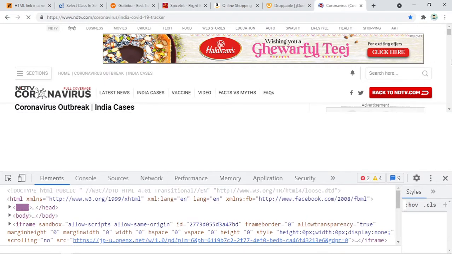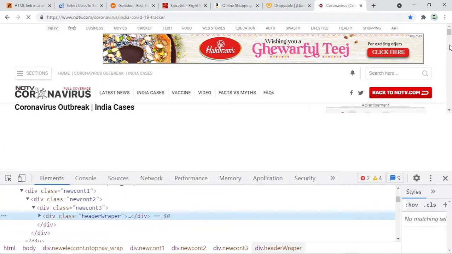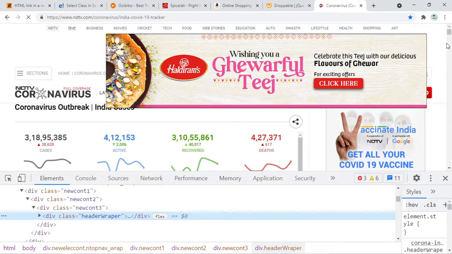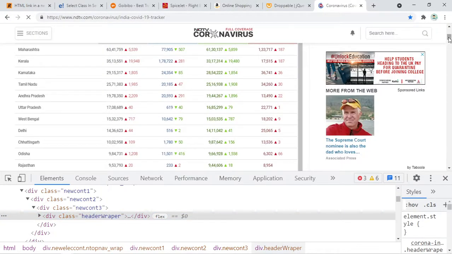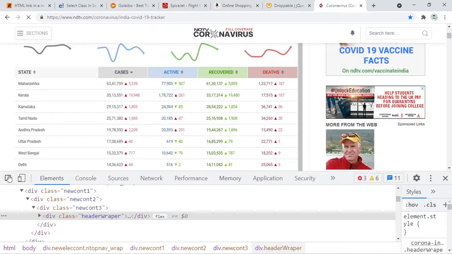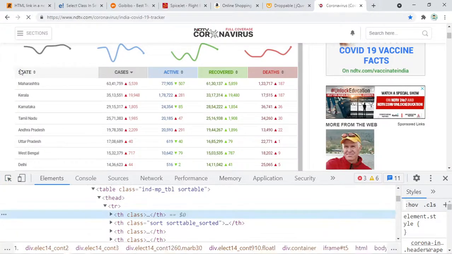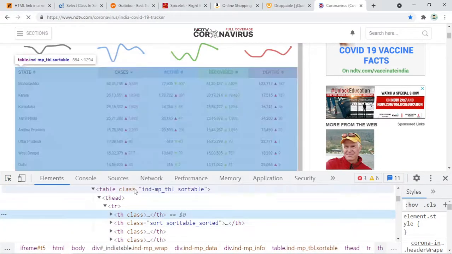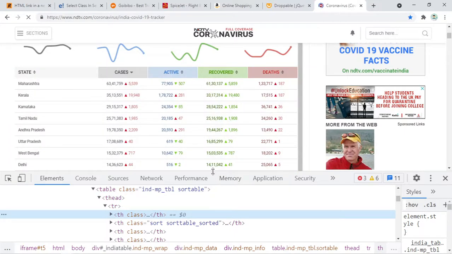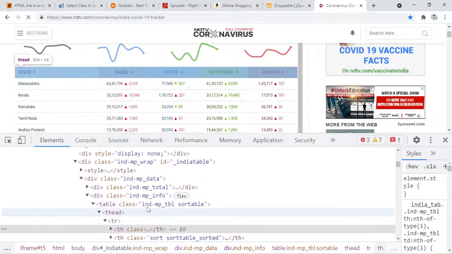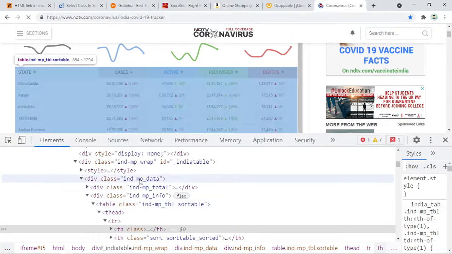The reason was, if you try with this website, the same HTML table. So there is one. If I copy this, let me see where that table is present. This is somewhere here, state, right? If I go here, this is our entire table. And if I go a little bit up, this is our entire table. And if I go a little bit up,